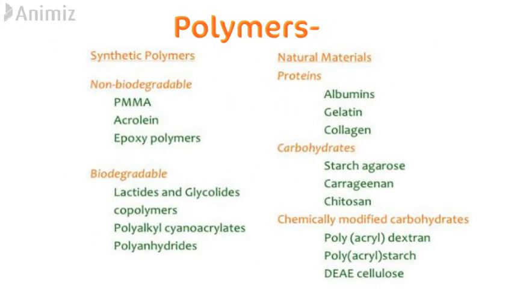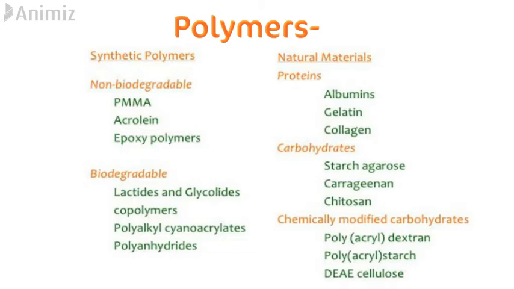The polymers used in microspheres are mainly divided into two types, synthetic and natural. In synthetic, we have non-biodegradable polymers like polymethyl methacrylic acid and acrolein, and in biodegradable, we have PLGA, polyanhydrides, etc. Among the natural polymers, we have proteins like albumin, collagen, carbohydrates like carrageenan, chitosan, and chemically modified carbohydrates like polyacryl